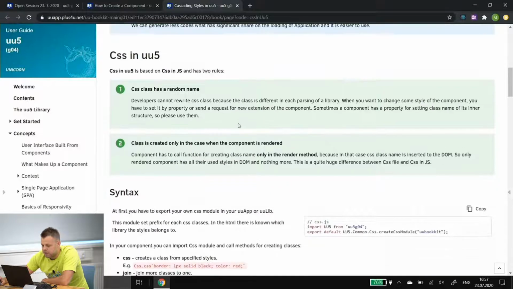Now, CSS in JS in uu5. If you use CSS in uu5, we have two rules. First is that a CSS class has a random name. This is because we have a lot of components for now, and these components have static class names. And another developer who uses our component can override our styles because he uses our class name and overrides the styles. So it's bad for the component